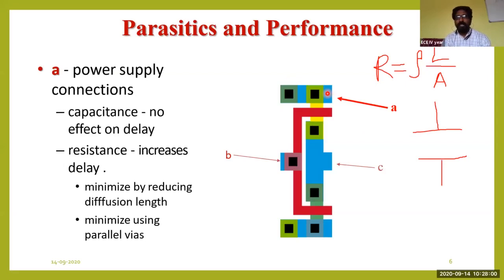If you want good performance in one particular parameter, then you are supposed to compromise on the other parameter. Like with CMOS, nowadays we have many different mobile phones, because this is an era of mobile phones. Many different companies are releasing their own products, but when you review different mobile phones, you can see the differences between them. One will be good in one particular aspect, and the other will be good in another aspect. That is called a trade-off. In order to get one particular parameter, we are supposed to compromise the other one. That happens in every VLSI design.